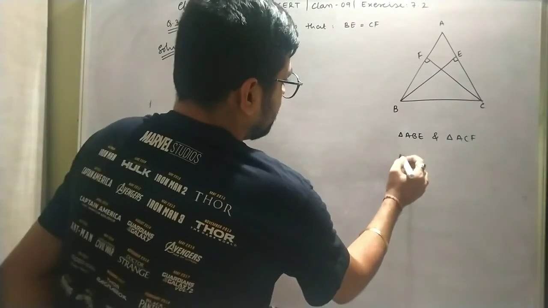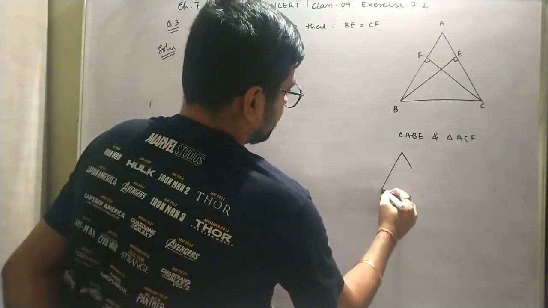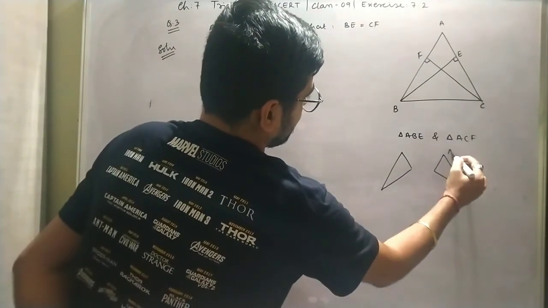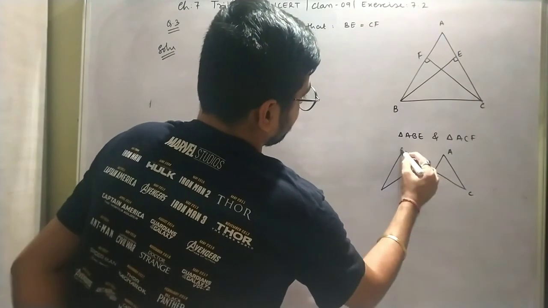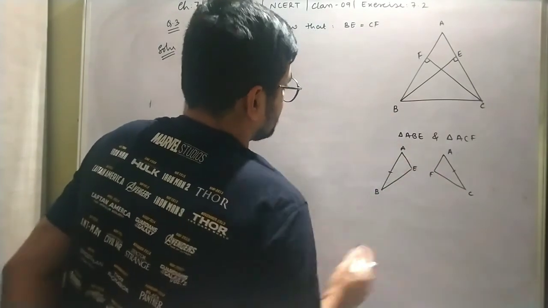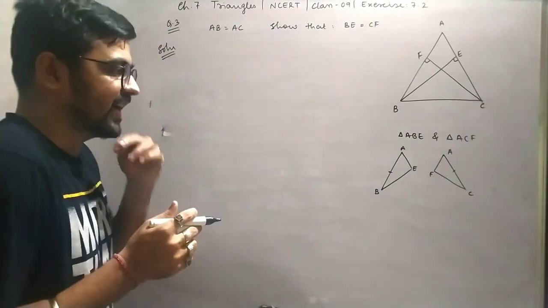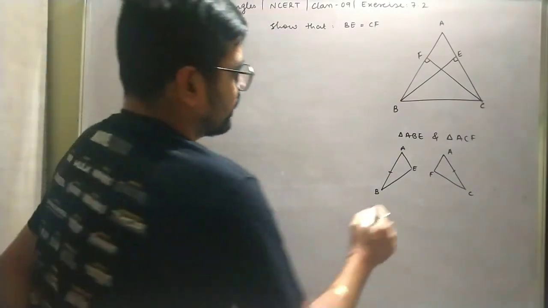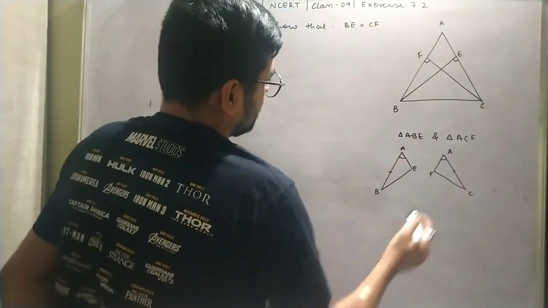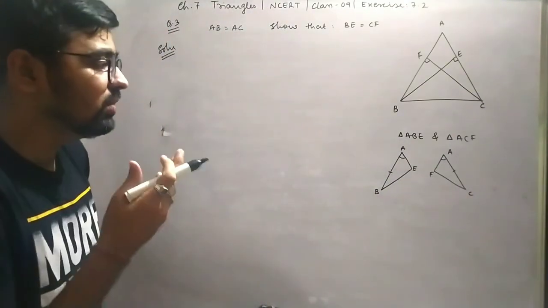So let me draw ABE. So it is something like this, and ACF something like that. ACF, AEB. So I know AB equals to AC. तो ये criteria तो मेरे लिए satisfy करेगा ही करेगा. Second, what do I know? I know that this is angle A. चलो very good. ये भी criteria satisfied हो गया. Third, what do I know?